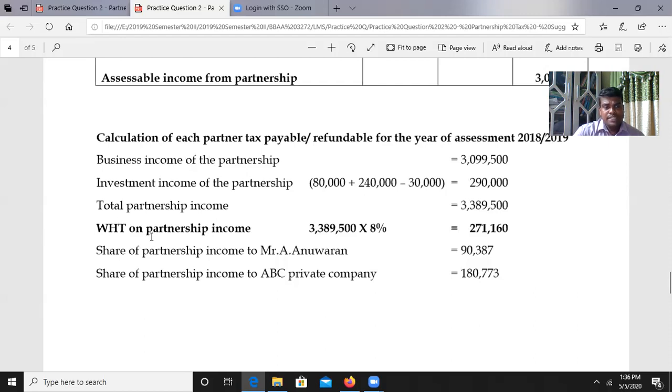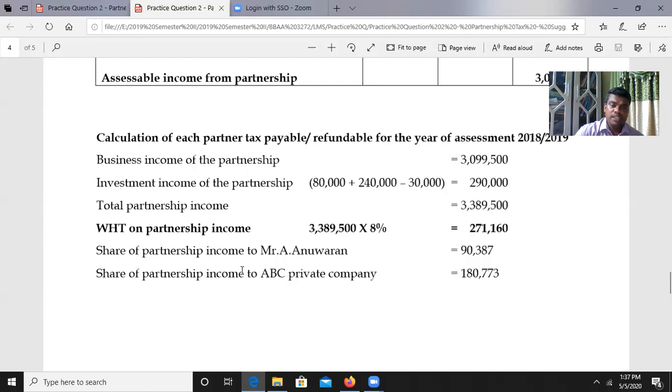Here is the double GST on partnership income: 3,389,500 into 8%, which is 271,160. That is the double GST on partnership income. Share of partnership double GST to Mr. A. Anuvaran and